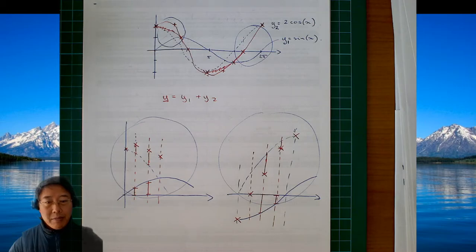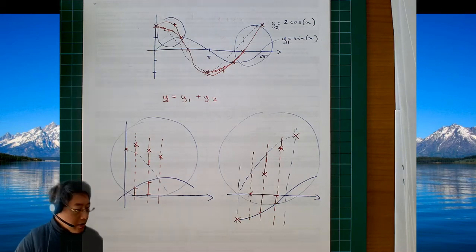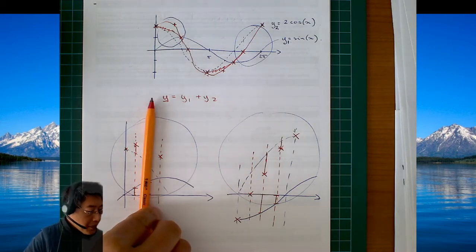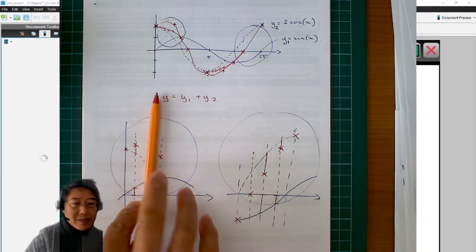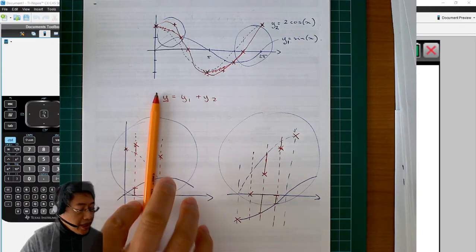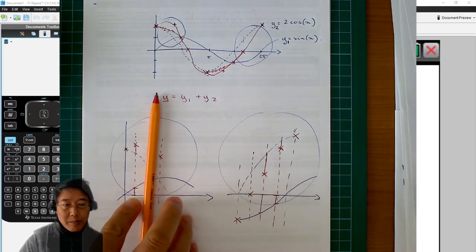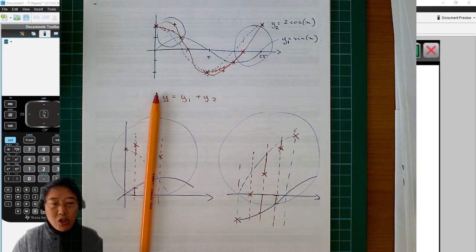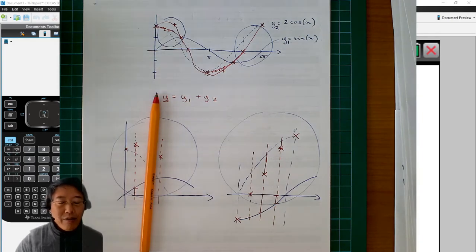Easy way to find out is, it's not really a vertical line test, okay? What we do is, by doing that line, we take the same y coordinates corresponding to the same x, and we add or subtract depending on the sign of either of them. Now, it's not just for sine and cos functions. Doing the addition of ordinates, you can do that with any kind of functions that are added or subtracted together.